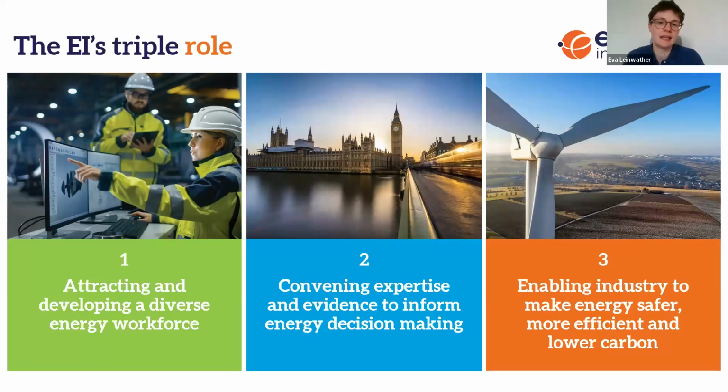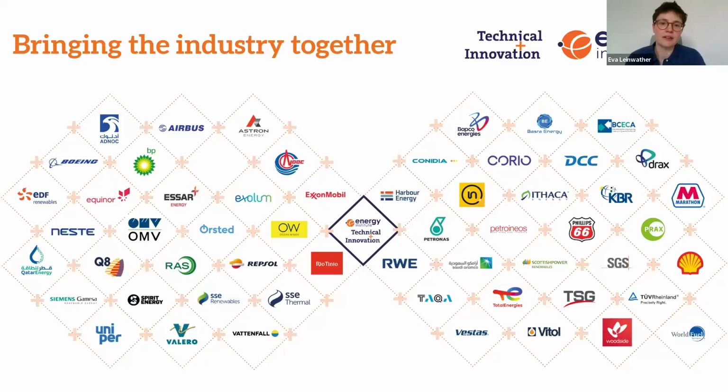The Technical and Innovation Programme has an annual budget of £2.5 million, which is funding that we secure through the membership of our technical partners. This budget is then put towards developing technical resources, for example, guidelines like the one we're presenting today. We have 58 technical partners on board at the moment, ranging from major global energy companies and engineering firms to equipment manufacturers and others. And you can see them on this slide.